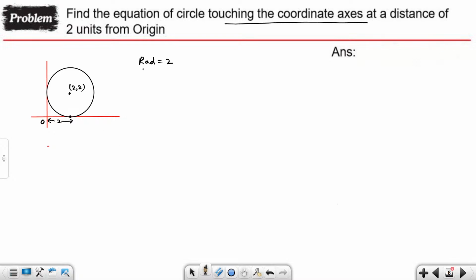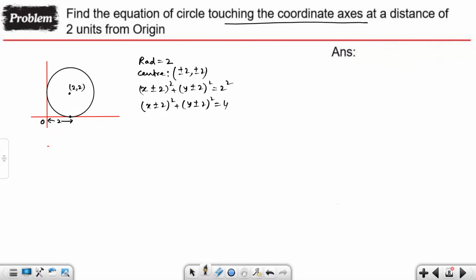Your radius is 2 and, as it can be in the first, second, third, or fourth quadrant, we can write the center at plus minus 2, plus minus 2. Therefore, what will be the equation of the circle? I'm simply using the center radius form. It will be x plus minus 2 whole square plus y plus minus 2 whole square is your 2 square. Therefore, the equation of the circle will be